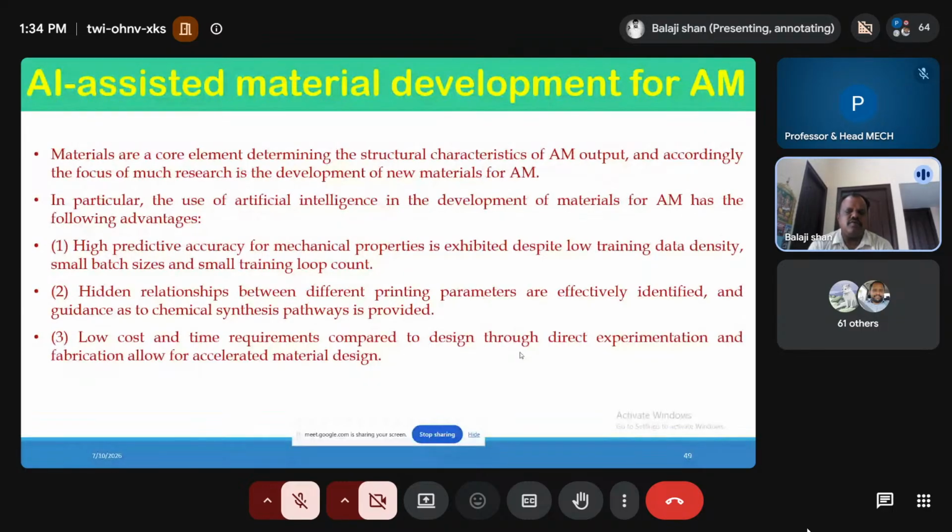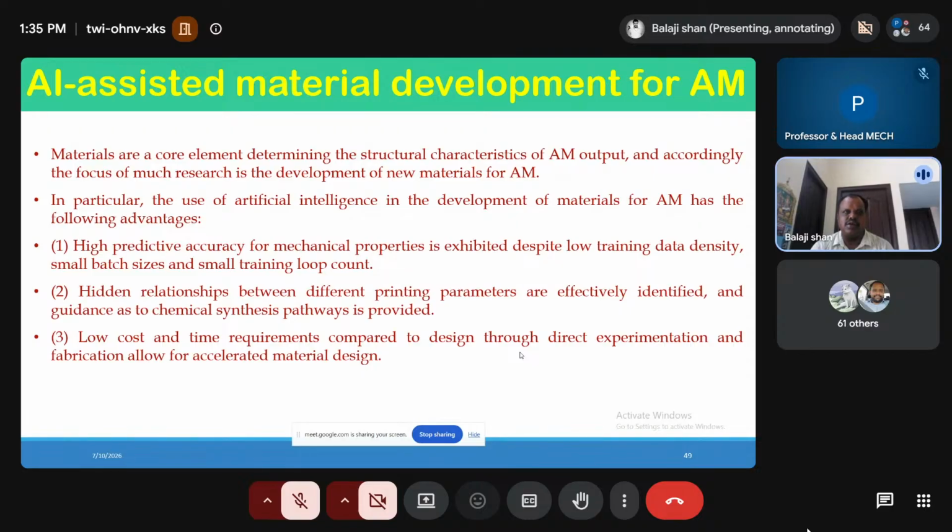In particular, the use of artificial intelligence in the development of materials for additive manufacturing has the following advantages. One is high predictive accuracy for mechanical properties, exhibited despite the low training data density, small batch sizes and small training group count. The hidden relation between the different printing parameters is effectively identified, and guidance as to chemical synthesis pathways is provided. Low cost and time requirements compared to design through direct experimentation and fabrication allow for accelerated material design. The example for how AI assists material development for additive manufacturing: